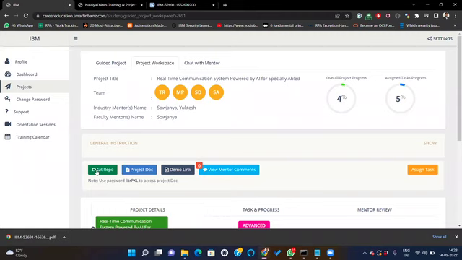Students are having issues that queries asked in support and chat with mentors are not replied to. We are taking 24 hours. If the students are posting questions, we are getting them late at night as well. The mentors will be able to answer within 24 hours, ma'am. Actually, the availability of our mentors is 9 a.m. to 7 p.m., not after that. After 7 p.m., whatever questions we get, we answer them the next day morning.